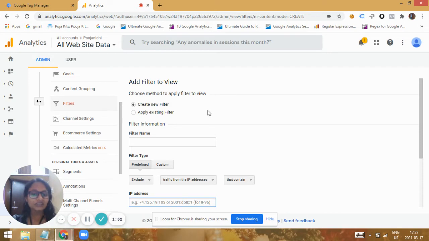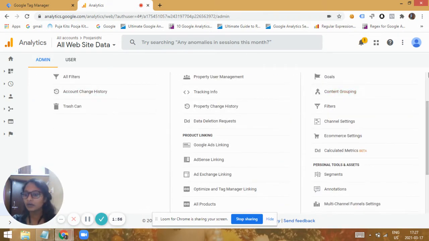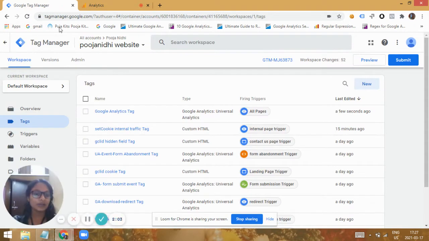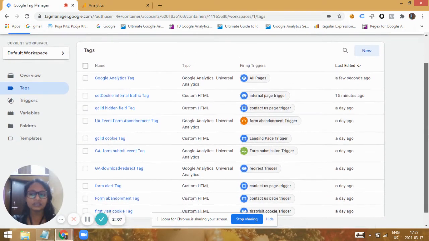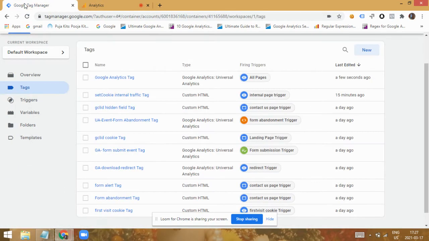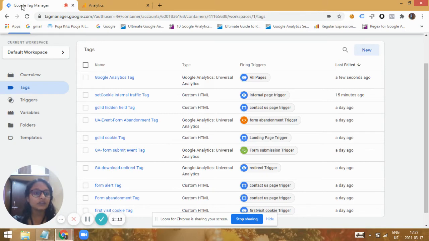So based upon this custom dimension value, we can further filter the data of those users and just have the actual data of the customers or the visitors of our website apart from our employees. For that, we need to deploy this into our Google Analytics and use it in the filters. We firstly need to implement it through Google Tag Manager. For that, we need to drop a cookie on the users, and also initially we need to create an internal page. So I have a website called Puja Nidhi